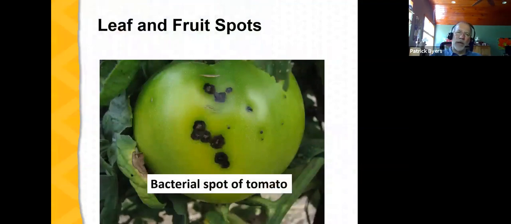We can have spots caused by bacteria. These could be leaf spots or fruit spots. This is a disease called bacterial spot of tomato, and if we look closely, we notice that the outline of those spots is not particularly uniform. It's not round or oval like a fungal spot. Frequently, the leaf or fruit spots caused by bacteria are angular. Notice these spots here almost look like polygons. Typically bacterial leaf spots are angular, and their margins are bounded by the veins of the leaf. This is an important diagnostic tool in distinguishing between fungal diseases and bacterial diseases.